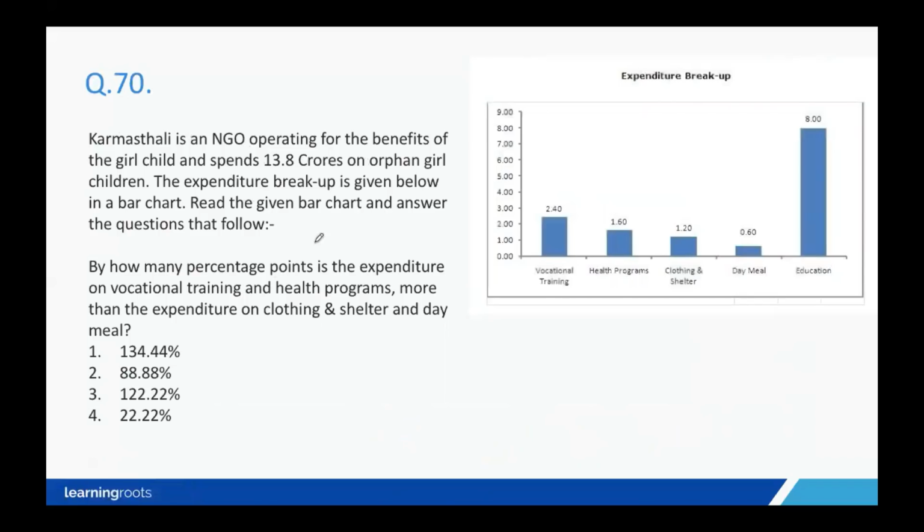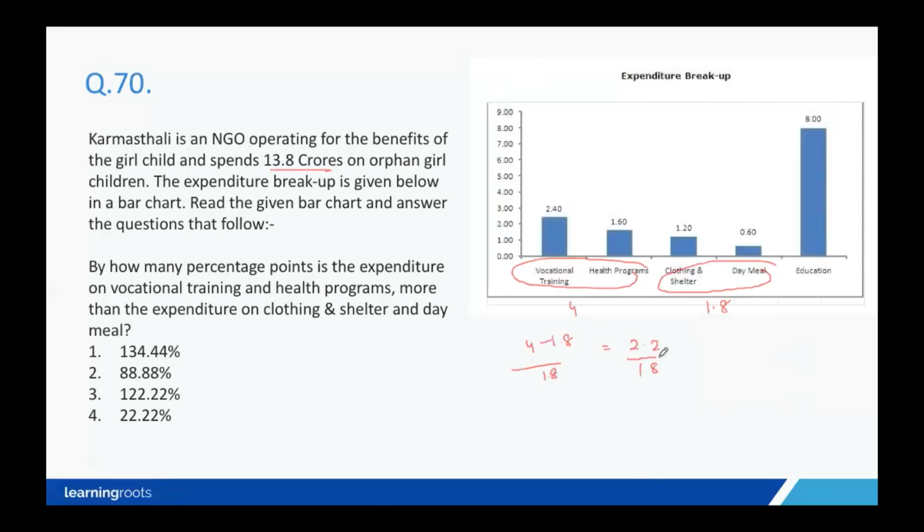Fine. What about this case? Karmasthali is an NGO which spends 13.8 crores, and the expenditure breakup of these 13.8 crores is given here. So I need to calculate by how many percentage points this is greater than this. So how much is this? This is 2.4 plus 1.6, which is 4. This is 1.2 plus 0.6, which is 1.8. So 4 minus 1.8, by 1.8, which is